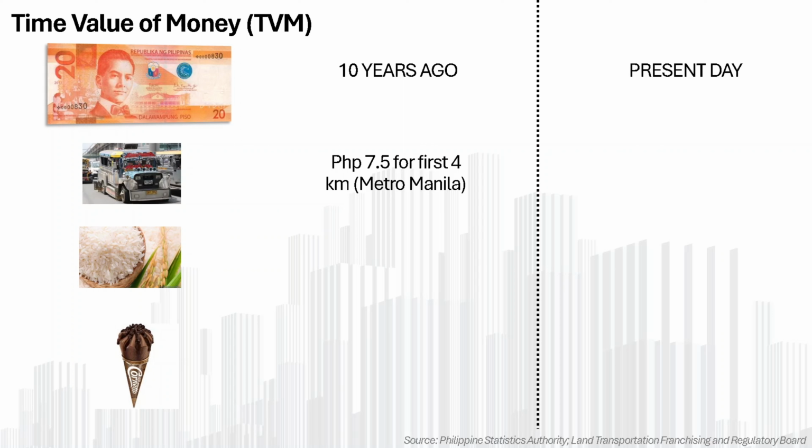But right now, if we're gonna compare this price, it's gonna be 13 to 15 pesos depending where you are, according to LTFRB, at least for the first 4 kilometers, and that's the average. So over the past 10 years, that's about a 66.7% difference, or that's the difference between the fare right now versus back then. As for our rice or mga bigas natin, it was actually 43 kilos back then based on retail price, average retail price back then.